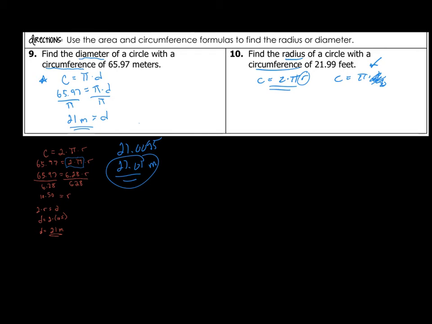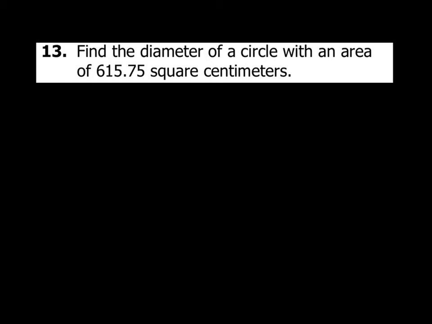All right, so you can do 10 on your own. For 13, it says find the diameter of a circle with an area of 615.75 square centimeters. So area is equal to pi r squared. You've been given an area of 615.75, and that equals pi times radius squared. So what are we going to do? We're going to divide by pi on both sides. Remember, pi is just a number. And when we divide 615.75 by 3.14, or the pi key, we're going to get approximately